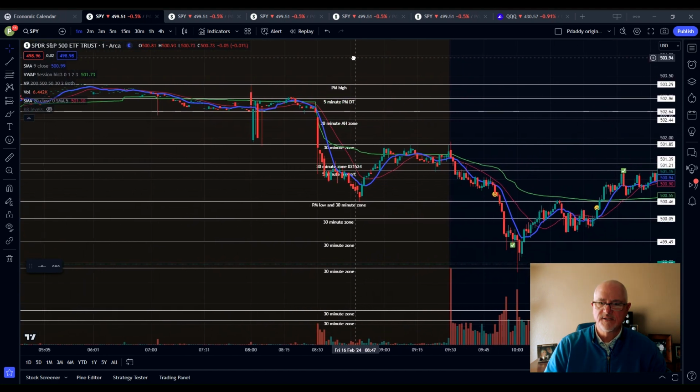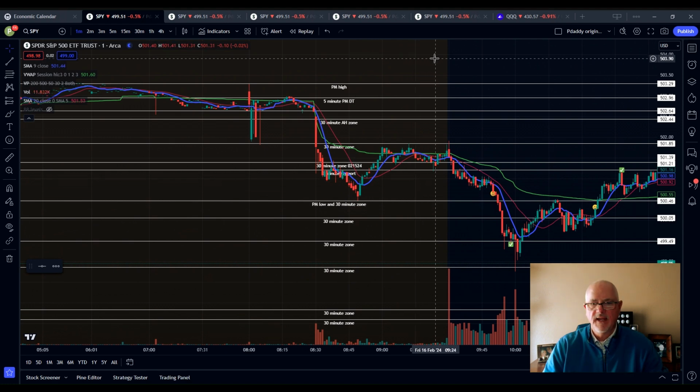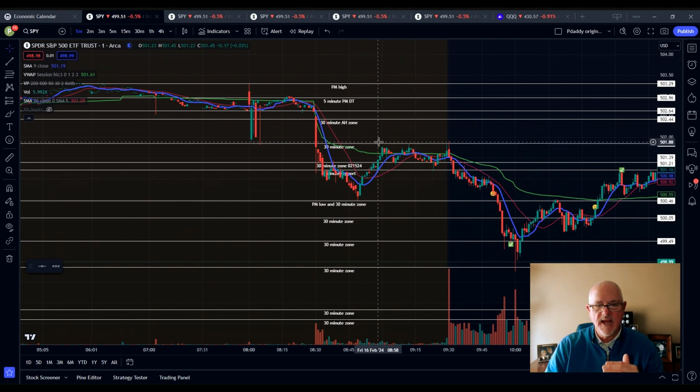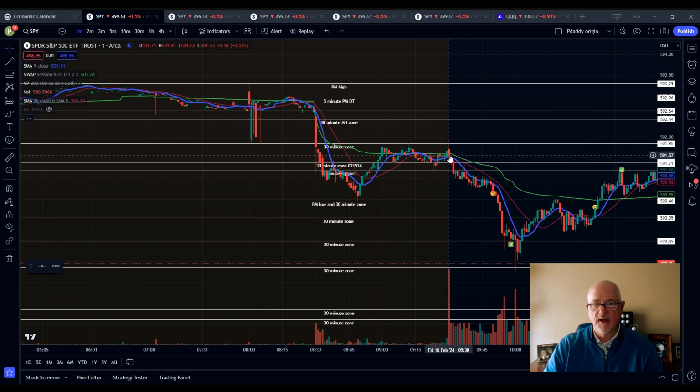Okay, so here we go. Here's that first play out of the gate. Remember this level right here, a major zone in here, 501.86. Why? Well, this is from yesterday, 501.85. I didn't take it right out of the gate, a little bit too early for me, but I was walking our folks in the community through this zone. I said, basically, if we're able to breach 501.85 to the upside, we can potentially move up. We tested the area on that first candle out of the gate, and then